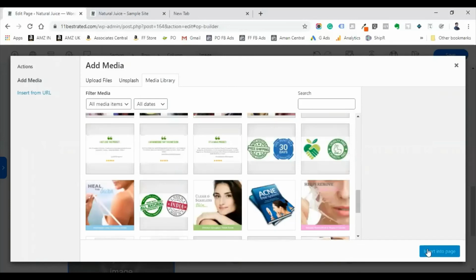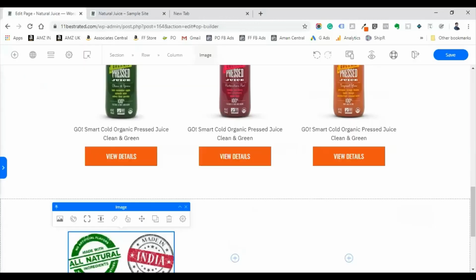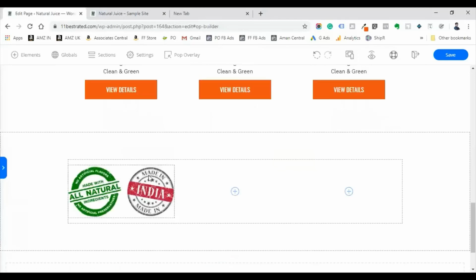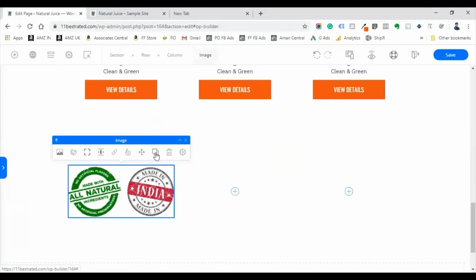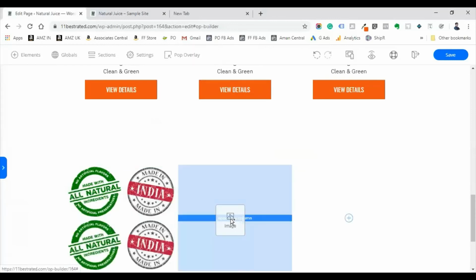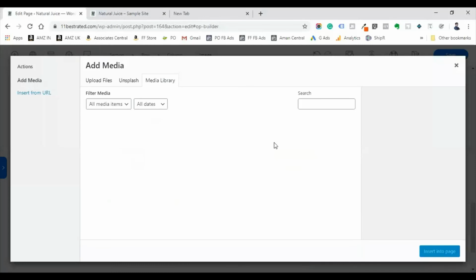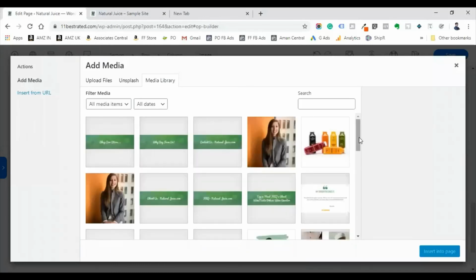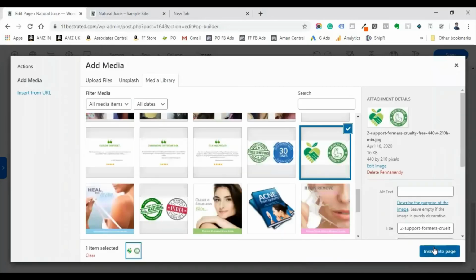Now I have it here, insert, copy this, duplicate it, put it in the next column, click on image, replace image, and upload your second badge here, and click enter.